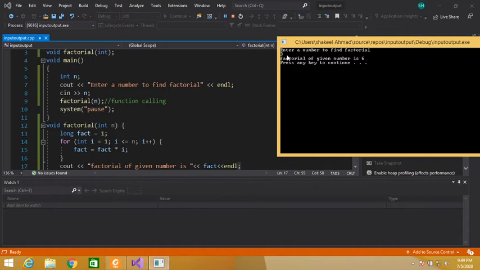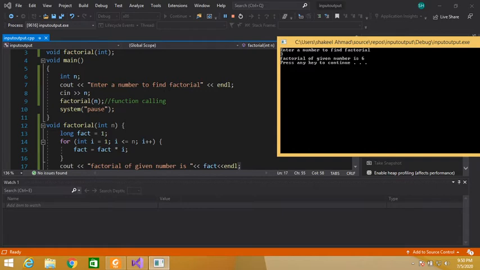This 3 will be passed to this function because n contains 3. This is known as function calling. How can we call our function? Simply write the name of the function, factorial, and in parentheses the parameter. Our function accepts one integer parameter, so I have passed this one integer n variable.